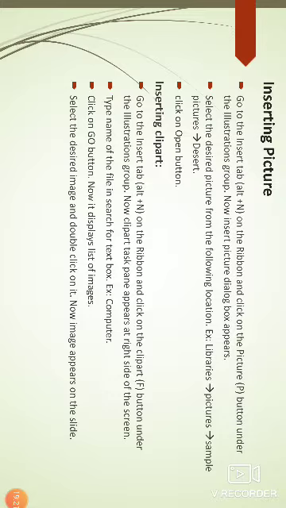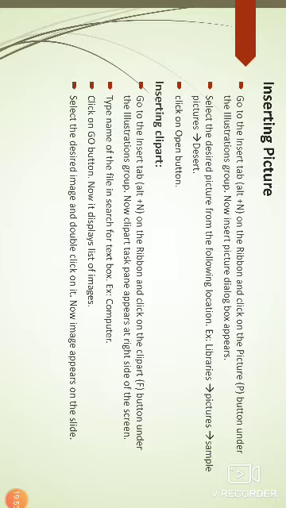Next, select the desired picture from the following locations. First I am selecting Libraries, then Pictures, then Sample Pictures, and finally I'm selecting Desert. Desert is the name of the picture file. Finally click the OK button. Now the picture is inserted in our slide.